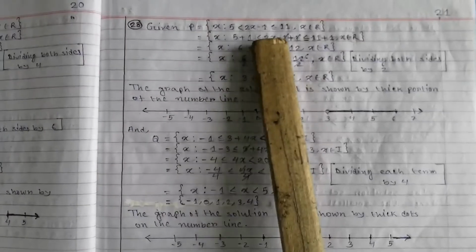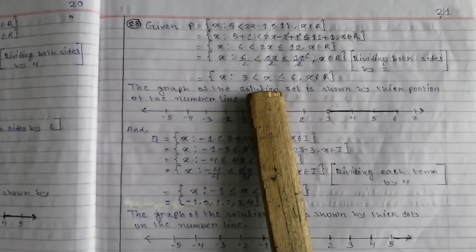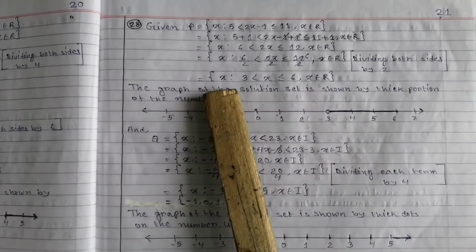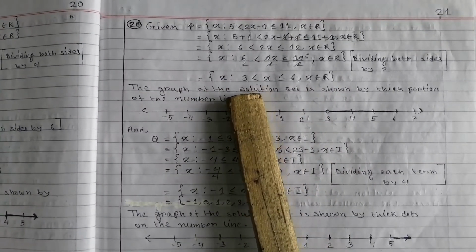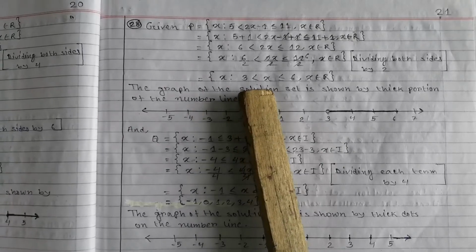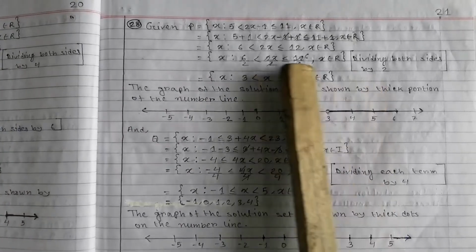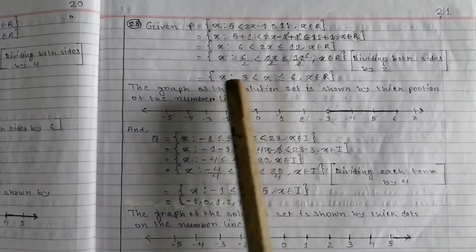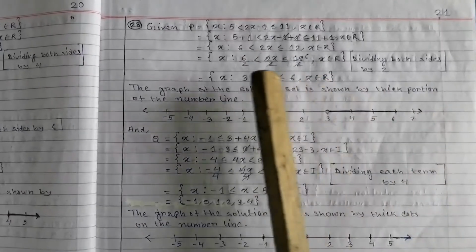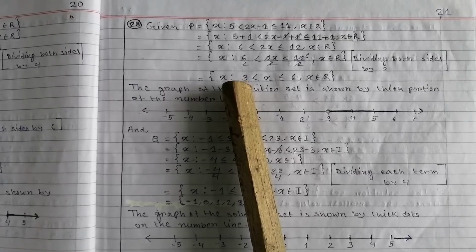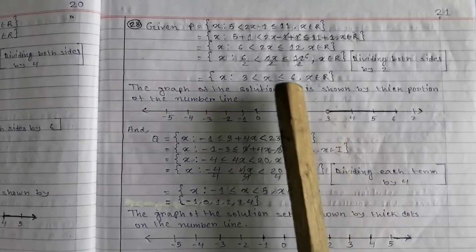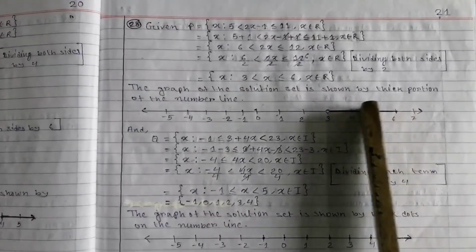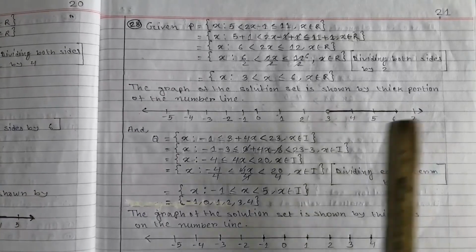This is the set, so you have to simplify. This belongs to real numbers. So x is such that 3 < x <= 6. This is the solution of the first given inequation. P is equal to this set. Now how will we represent it on the graph? At 3 you have to make an empty circle, and at 6 you have to make a dot, and between them you have to make the line dark.